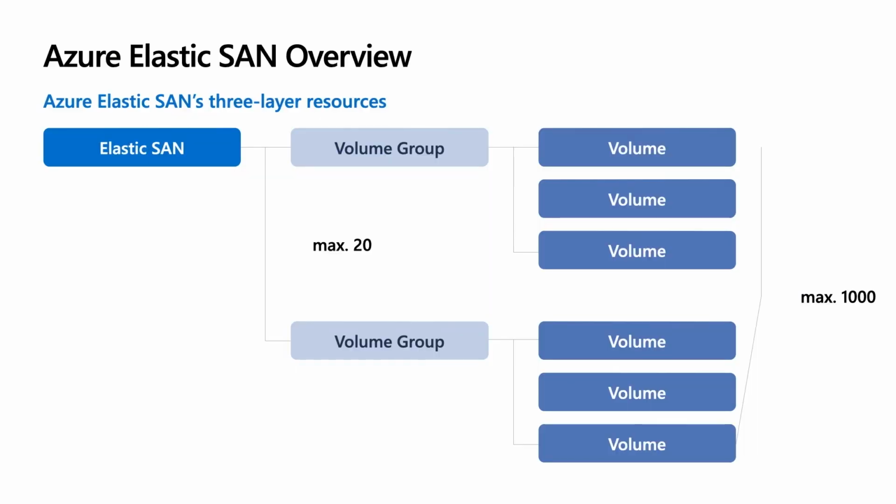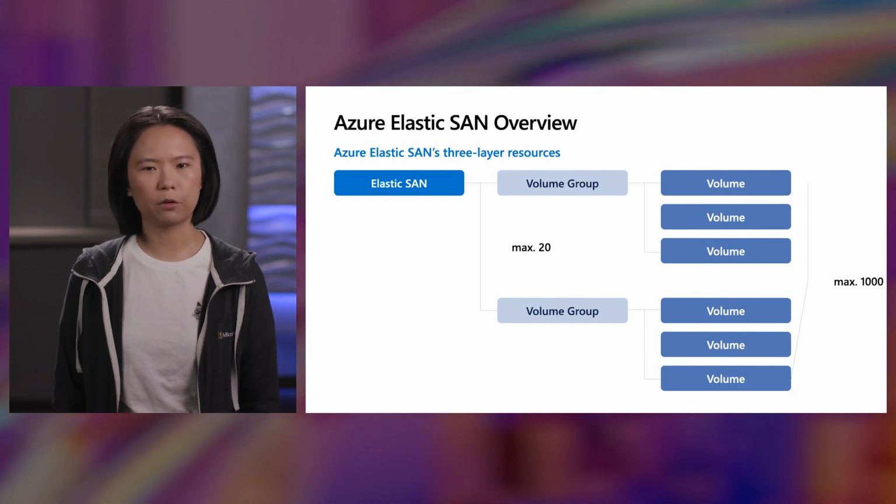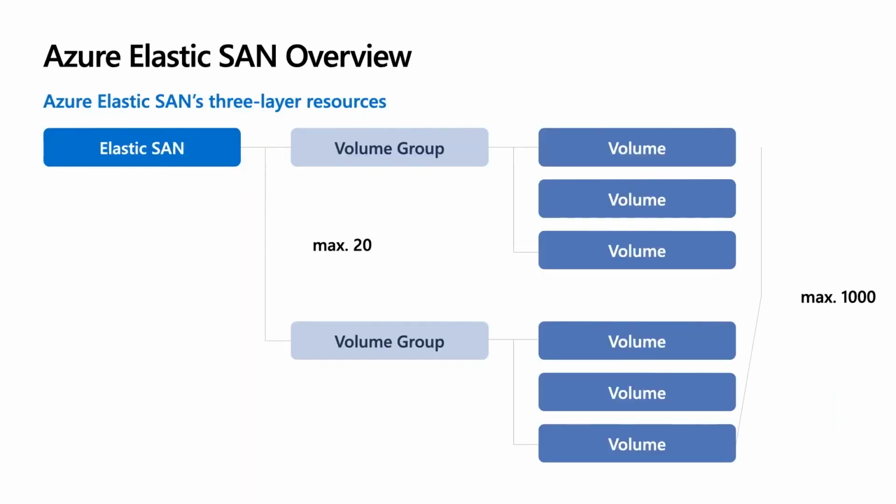We will share the structure of the product and offered capabilities at each resource level. Azure Elastic SAN consists of 3 layers of resources. Elastic SAN, the top-level resource for provisioning and billing. Volume group, nested below Azure Elastic SAN, provides a similar grouping construct as a resource group. Beyond that, you can apply configurations at the volume group level that are enforced across all volumes, for example, network security rules. Then we have volumes, which are individual storage units where data gets written.